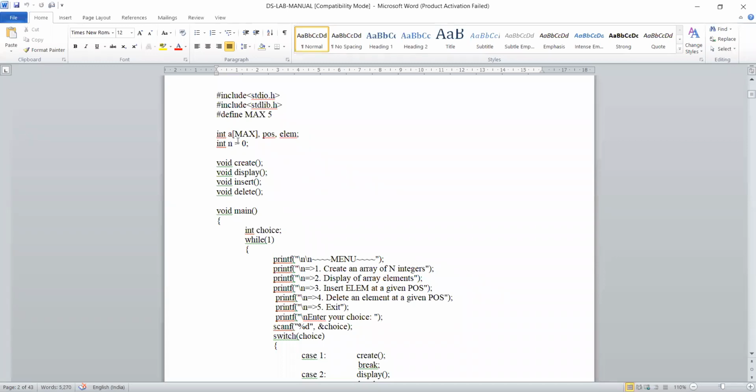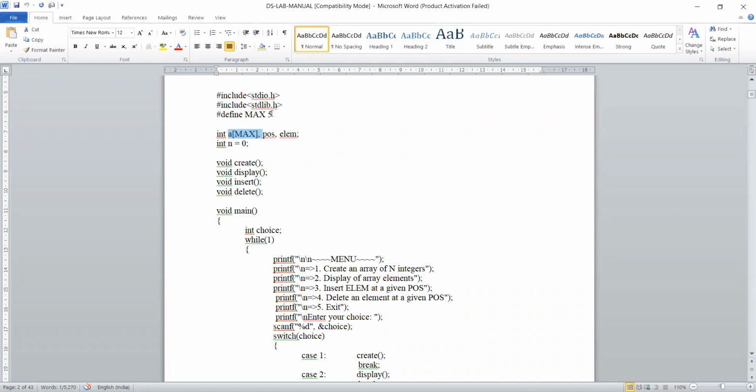Okay, so here if you can observe, we are just including the header files, and MAX size you are defining as 5, means 5 elements at the max will be stored in your array. And see the declaration part, we are declaring an array A of size MAX.